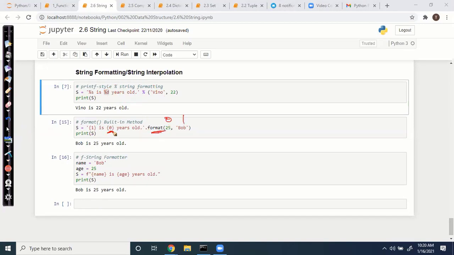Wherever you put 0, it goes to the 0th value, and index 1 goes here. You can specify n number of parameters, or otherwise you can assign names directly. So we can use various string formatting while handling strings.